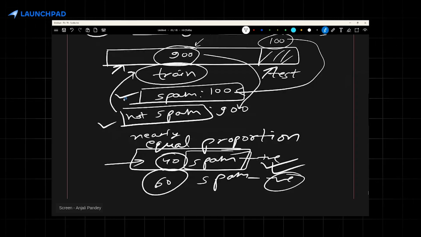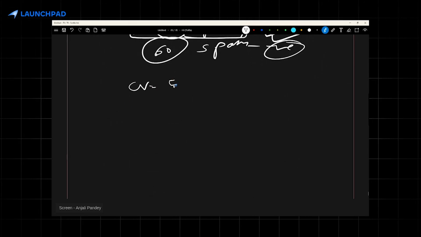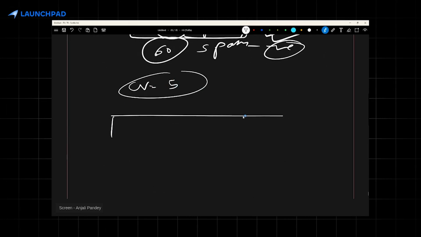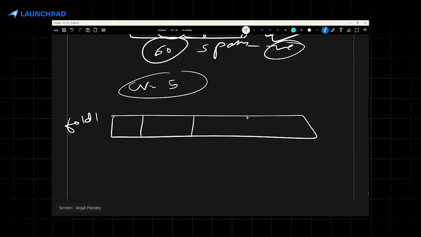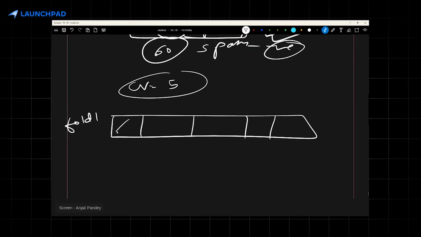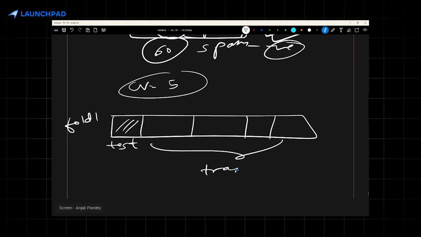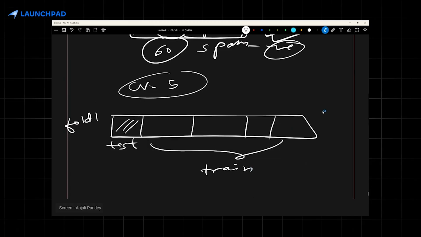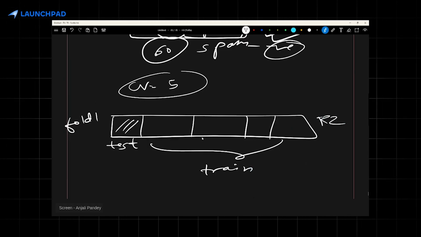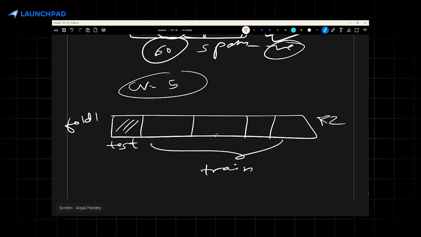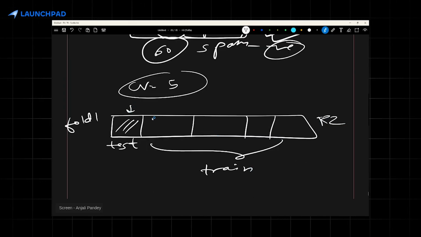In this, the cross validation is again going to happen in the same way. For example, you'll take cross validation equal to 5. The split will happen the same way. In fold 1, you will have 5 chunks or 5 splits of your data. This, for example, is your initial test data. This is your train data. Same thing will happen: model.fit, model.predict, calculate the R2 score by comparing actual and predicted values. The only difference is that when it is doing the split of train and test, it is going